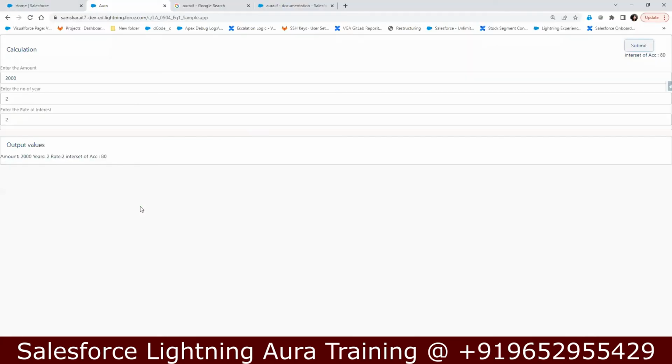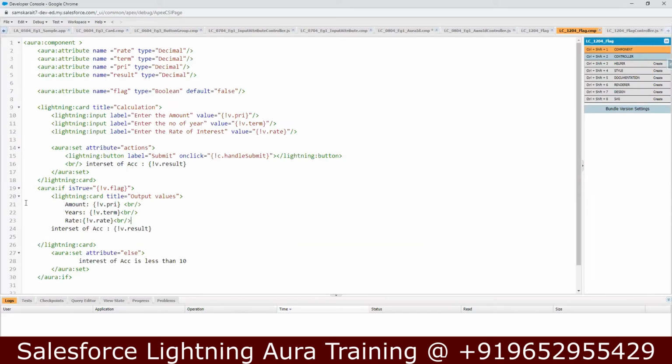Okay. So basically, whenever my flag is true, that time I'm displaying this particular card. If my flag is false, then I'm displaying another text message. So this is how, in terms of a real-time scenario,